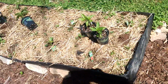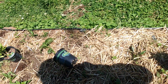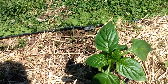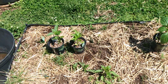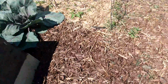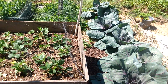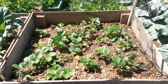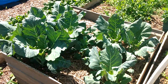And then over here is where I had my bell peppers, and again the frost got those. So I cheated and went and got some from Lowe's that I've got to get put out. Got to get that weeded and then those put out. And let's see, over here I've got, that's my red cabbages, and I've got strawberry plants in there, and like I said, that's my collards,